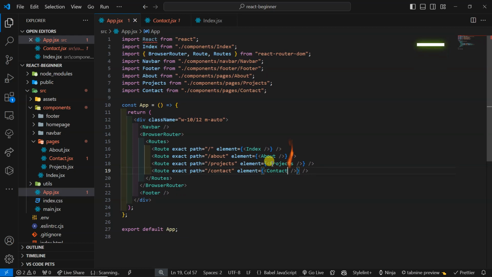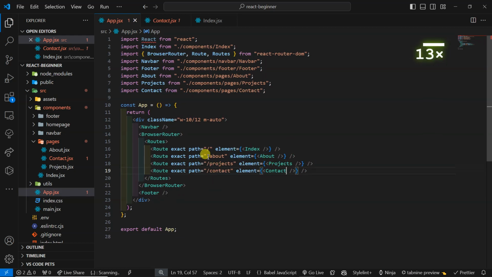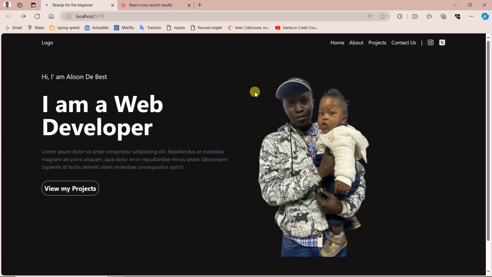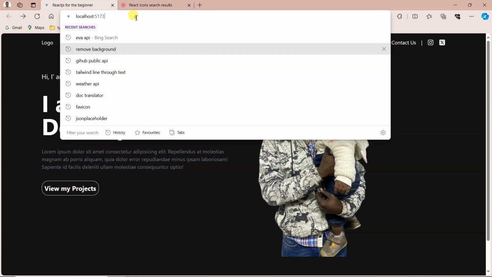like this. Now the meaning of this one means what? If I go to /about, it will appear for me about. If I go /project, it will appear project. So now I've successfully put the routing system for this one. Then let's see in real life. Now let's go, because this one is not activated yet. Let me go here now and say